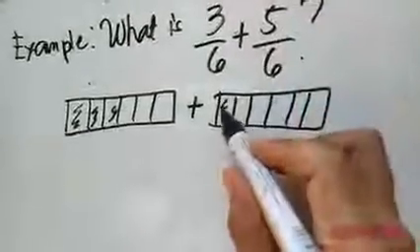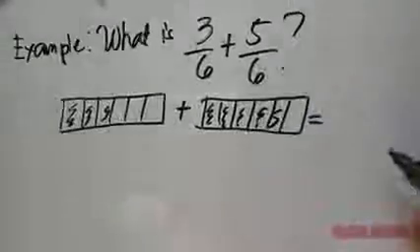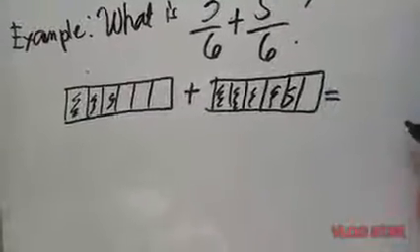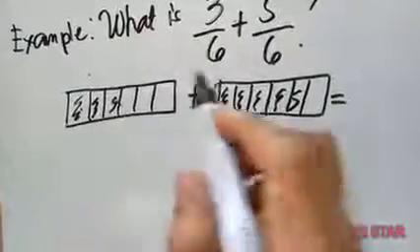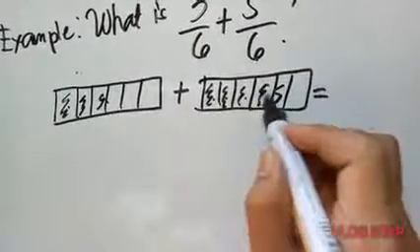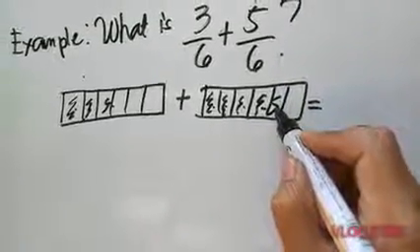Shade the 5 parts, 1, 2, 3, 4, 5. Then add how many parts are shaded: 1, 2, 3, 4, 5, 6, 7, 8. So since we have 8 parts,